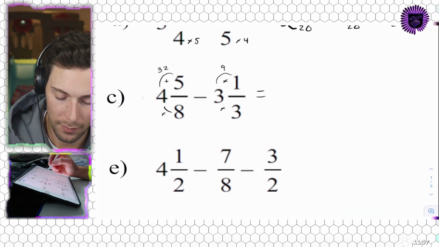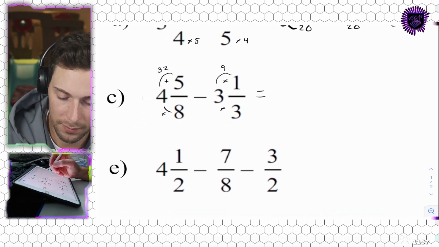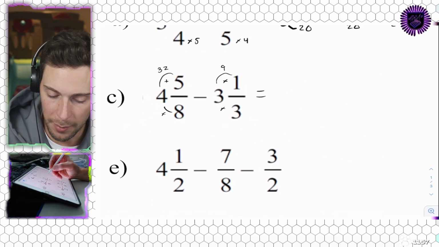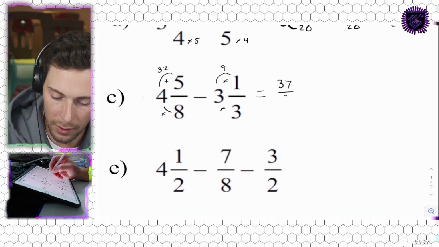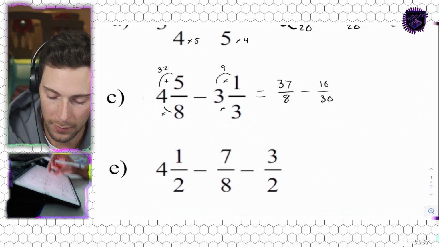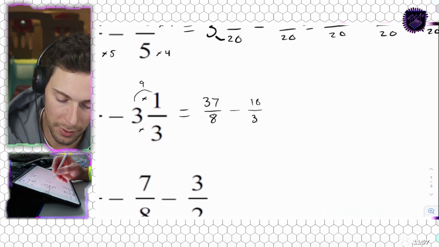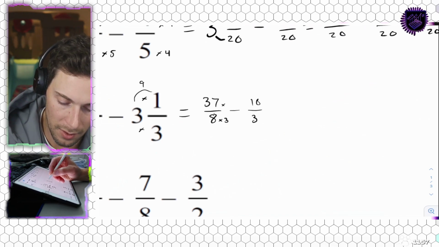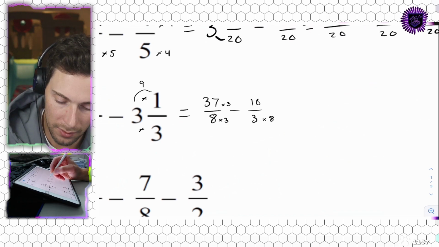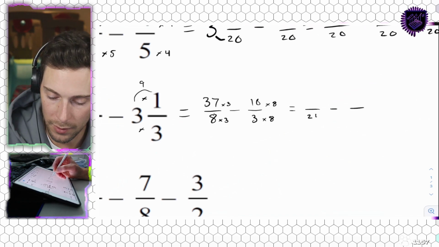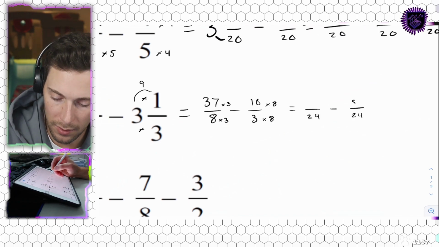So let's redo this. Oh, this is going to be a tough one, actually. Making this way harder. Equivalent improper fraction. 37/8. Subtract 10/3. So now we need to find a common denominator by cross multiplying, 3 times 3, 3 times 8, 8 times 3. This is going to be equal to something and something over 24. 80